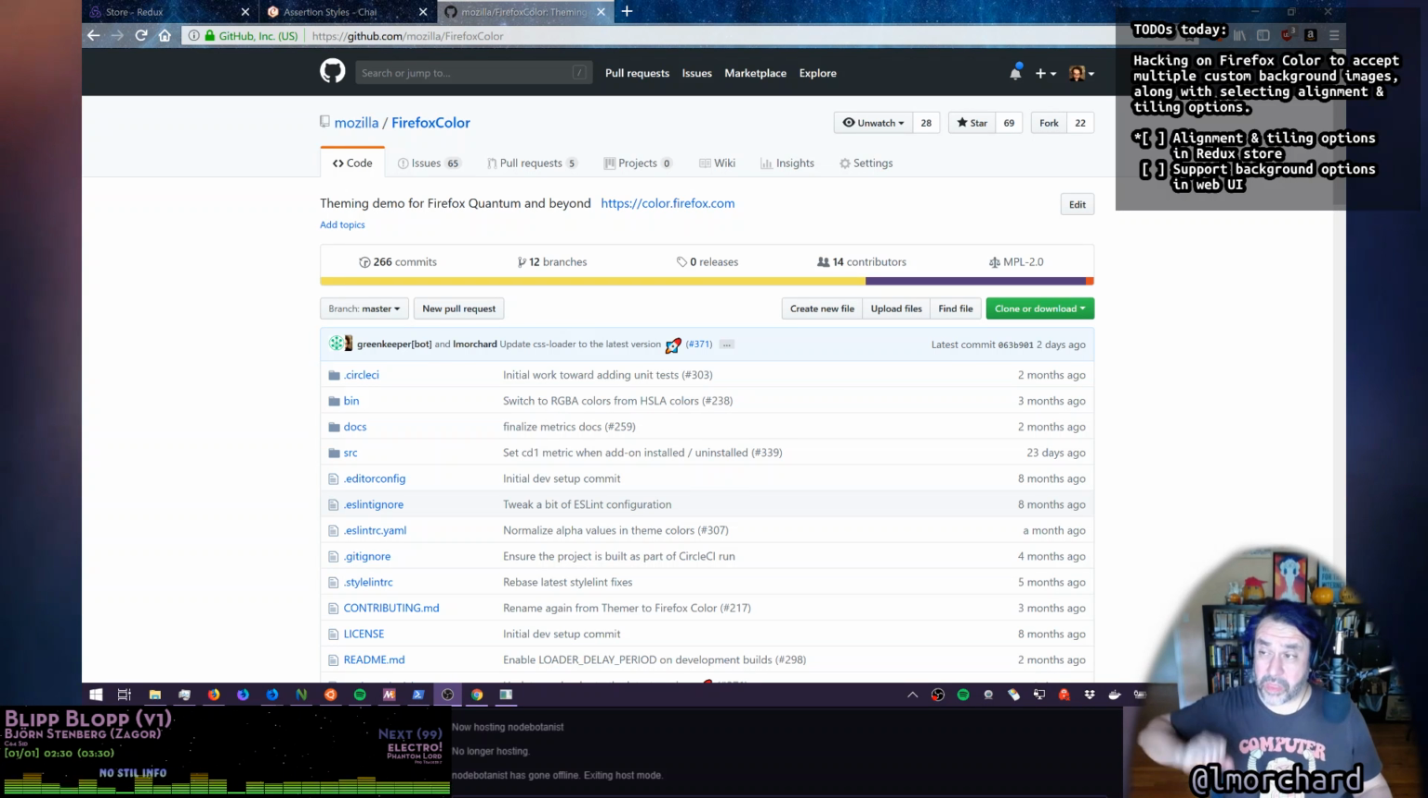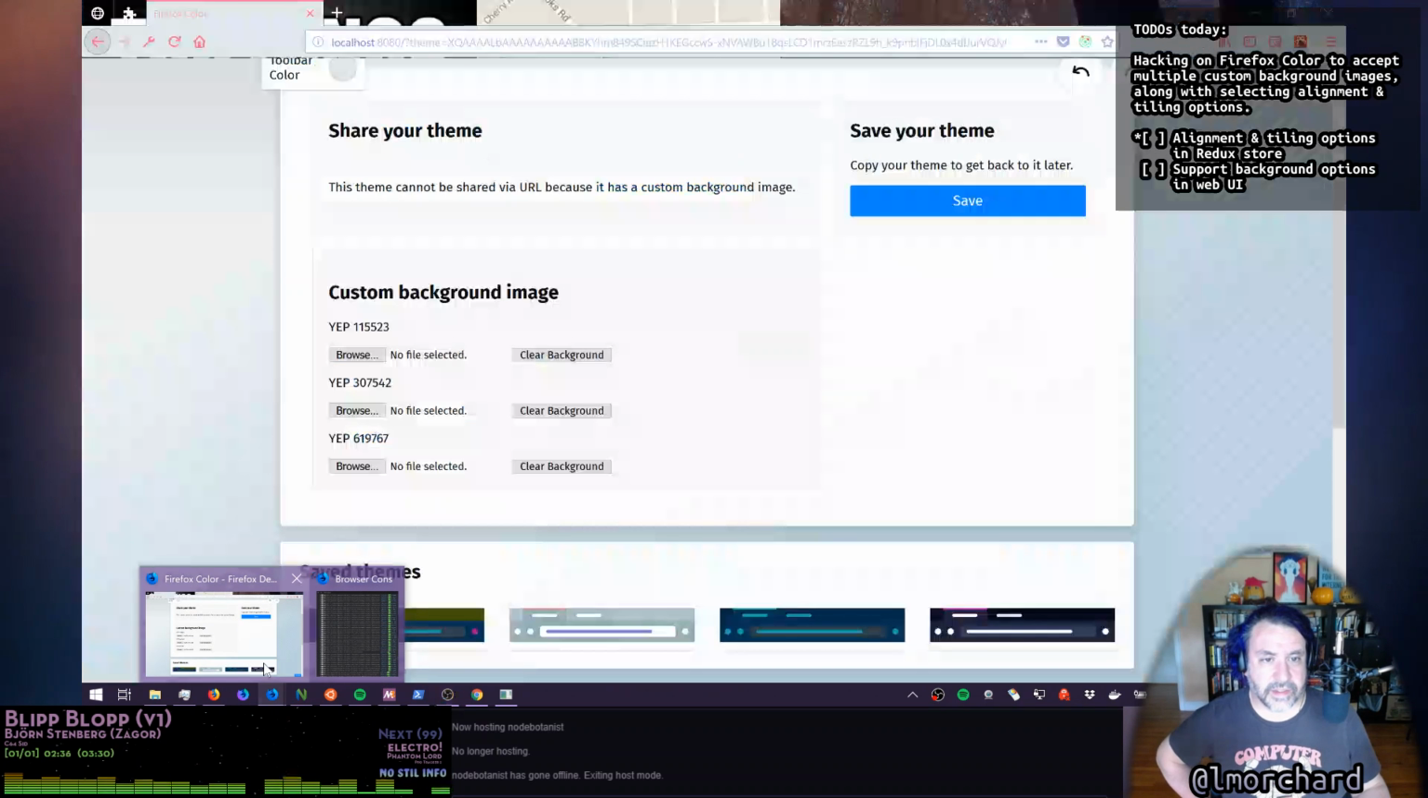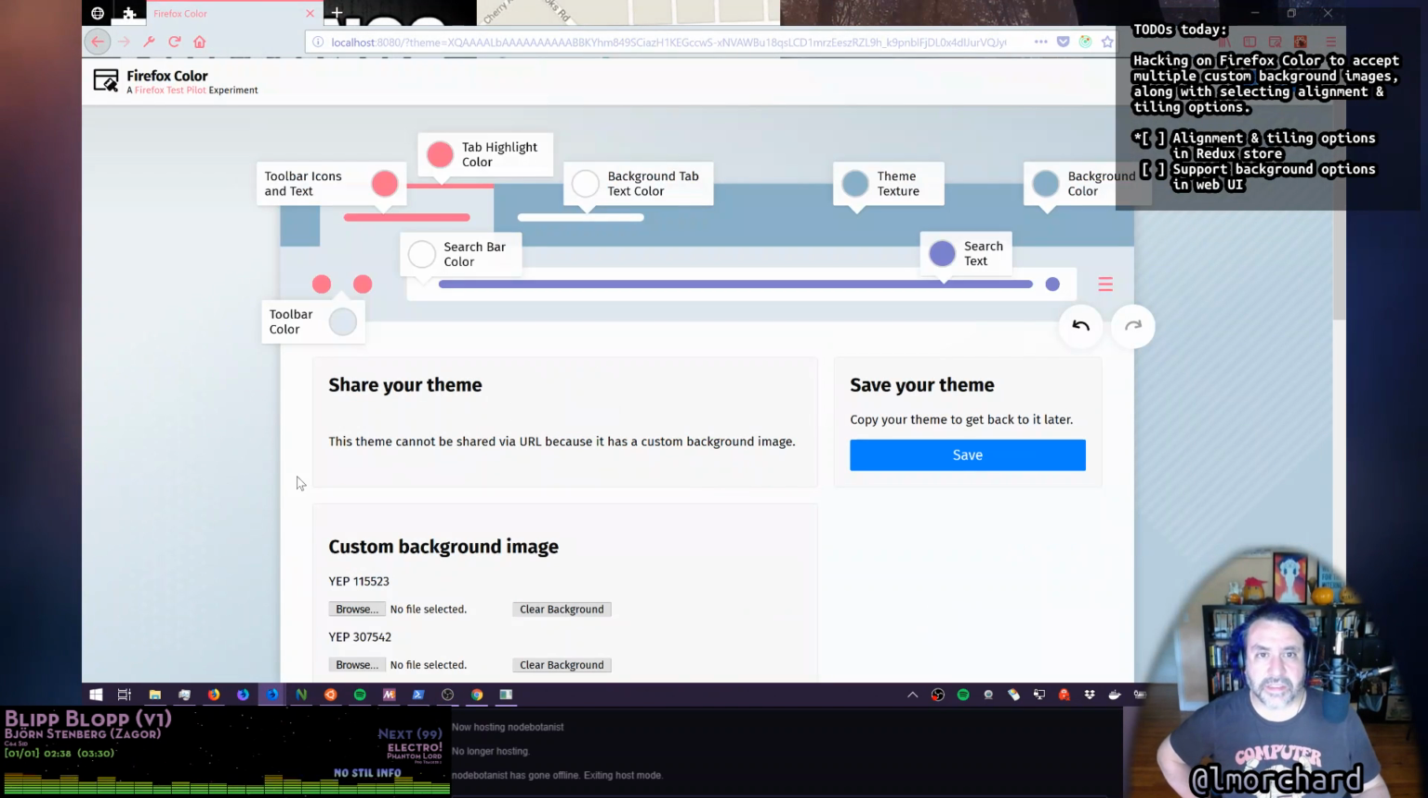Alright. So I'm hacking on Firefox Color again today. I'm not going to go through a full demo or explanation of it. I think I'm just going to try diving in. The main thing I want to try getting done today is